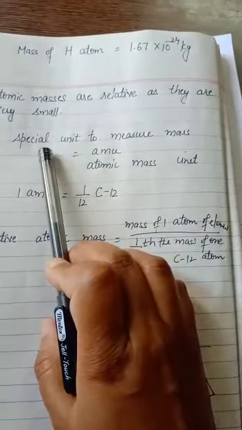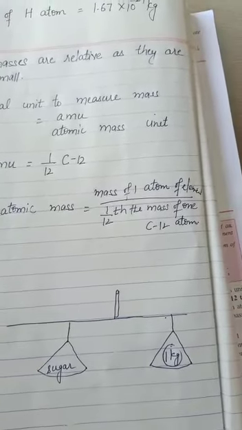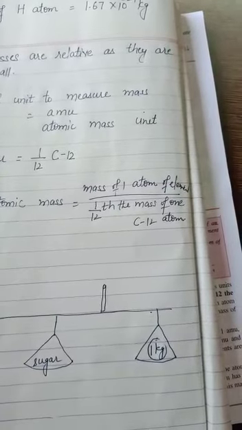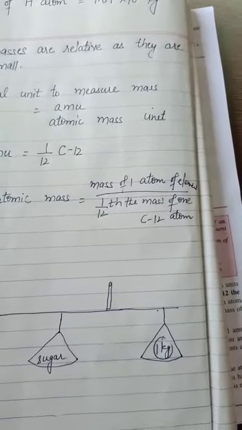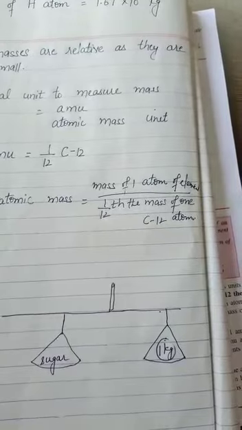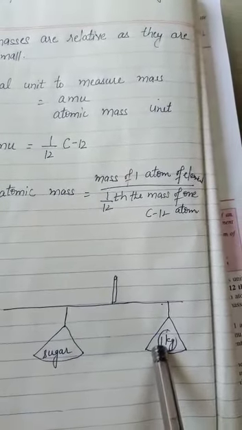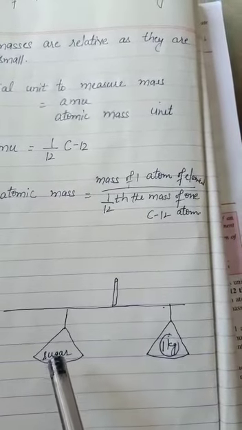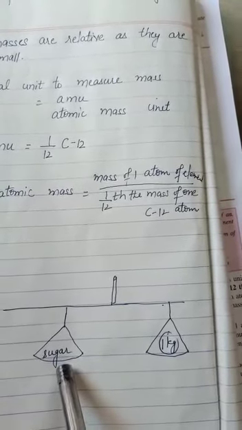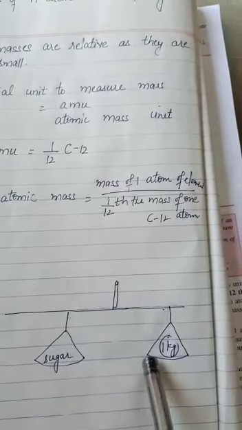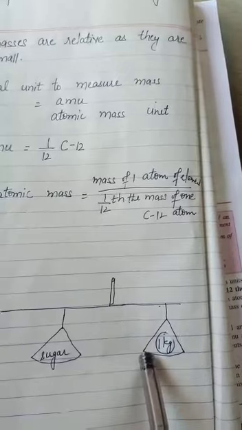Now I said scientists just measure mass relative to another mass. Let's understand this. If you go to buy 1 kg sugar, then the shopkeeper uses weights. That means he gives you sugar by comparing it with a 1 kg weight. It is relative mass, meaning you don't know the actual mass of the sugar, but you are comparing the weight of sugar with the 1 kg weight.